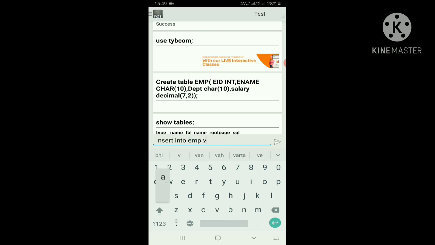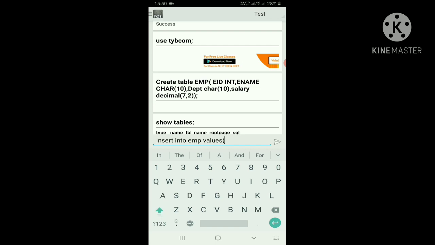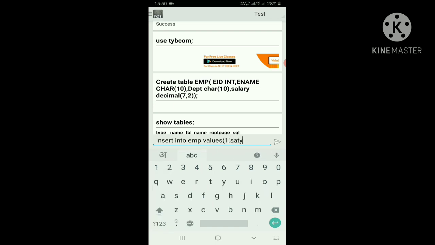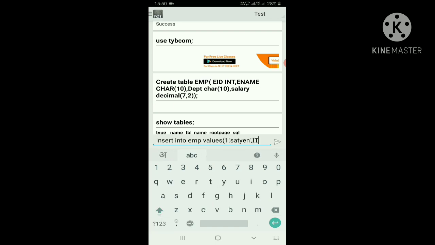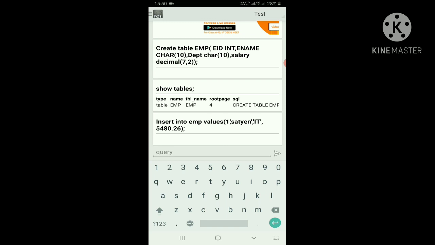So insert into emp values, within brackets. An integer value you can put directly, and a varchar you put in single quotes. 1, comma, the name of the employee in single quotes, as I put here, Satyan, comma, and the department, suppose I take the IT department in single quotes, and the salary. The next one is the salary, and money or decimal values like 5480.25. Execute it, and you will see the table is ready.